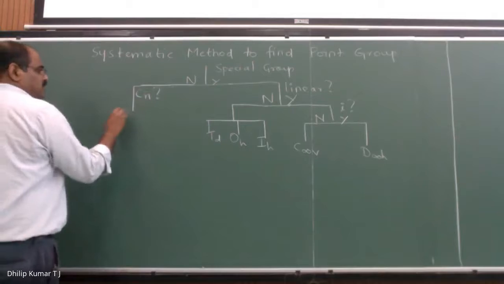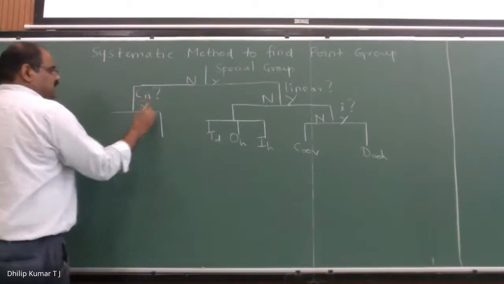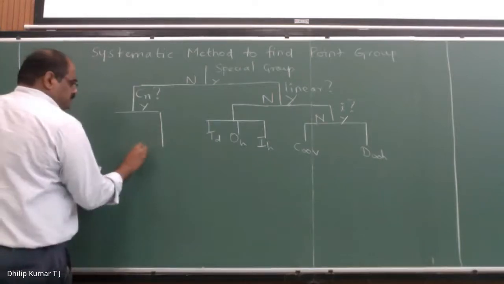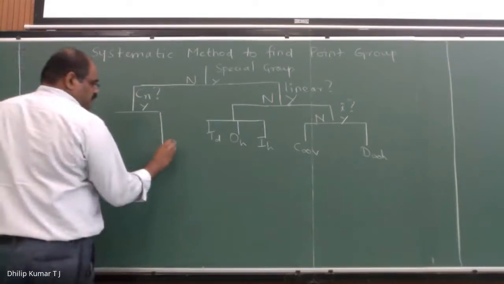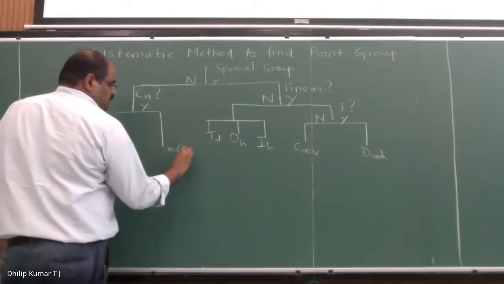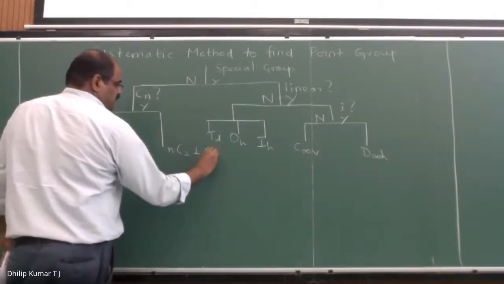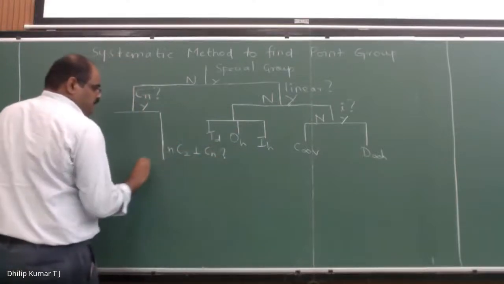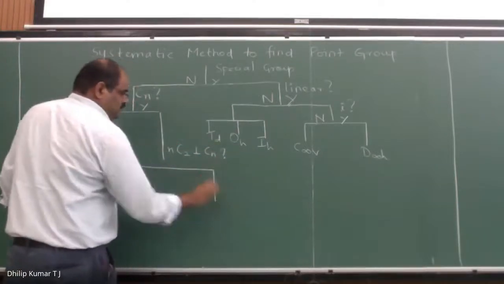If it is yes, then you search for whether the molecule has n times of C2 perpendicular to Cn. So this is present. If answer is yes,